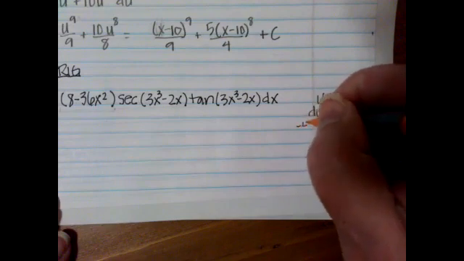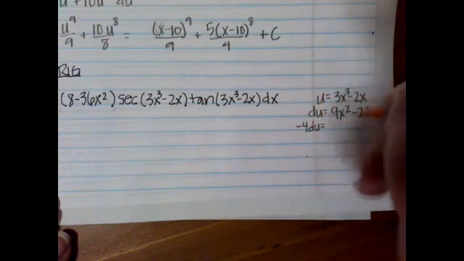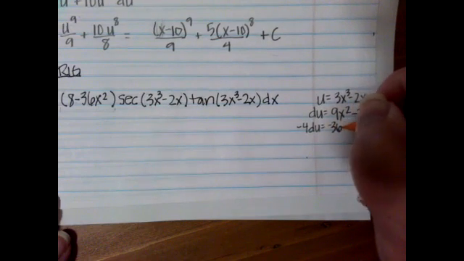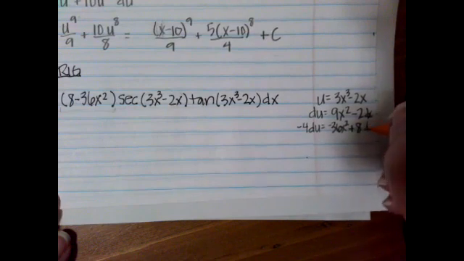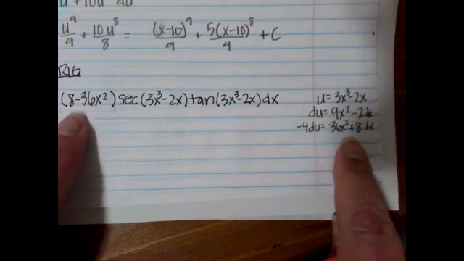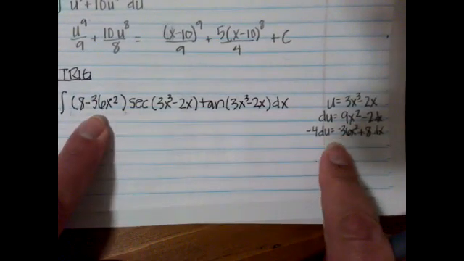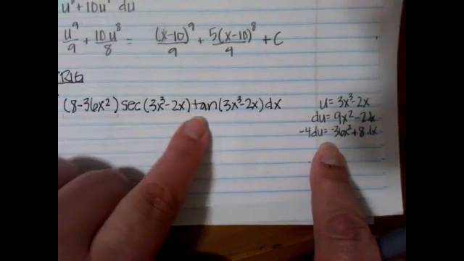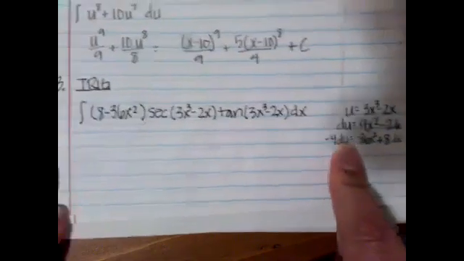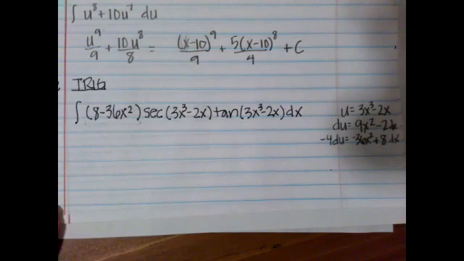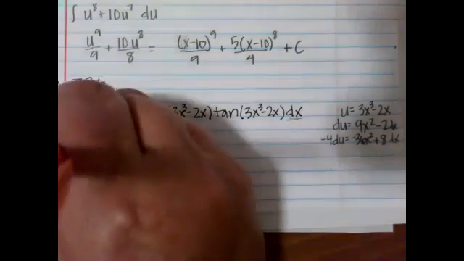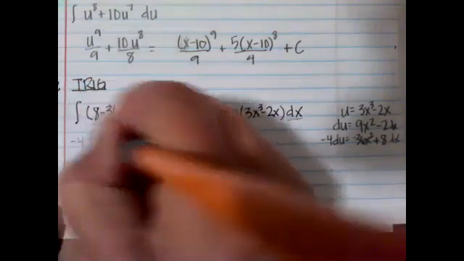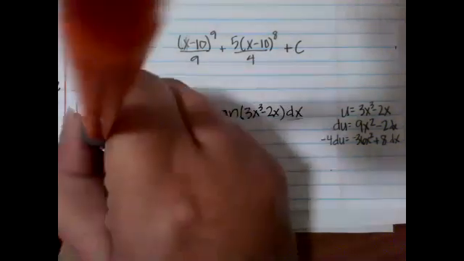So if I multiply by -4, then that turns into a -36x squared and a +8 dx. And now those do match. Okay, so now that's taken care of. And then secant u and tangent u, and then I've got my du. Okay, so I'm ready to substitute. So this and this turn into -4 du. So I'm going to have a -4 on the outside, and then I'm going to have a du over here, and then I'm going to have secant u